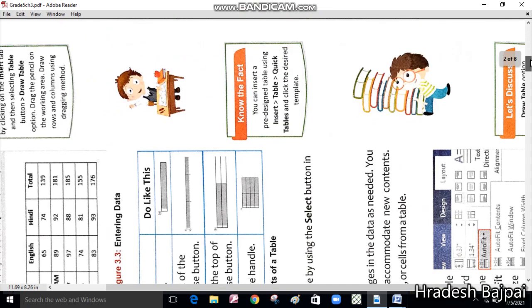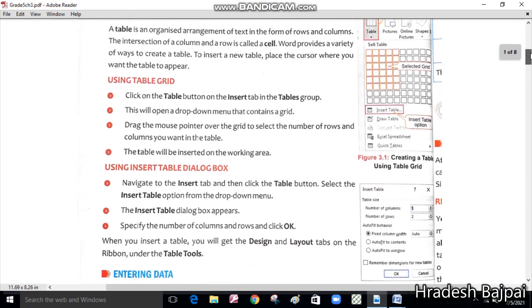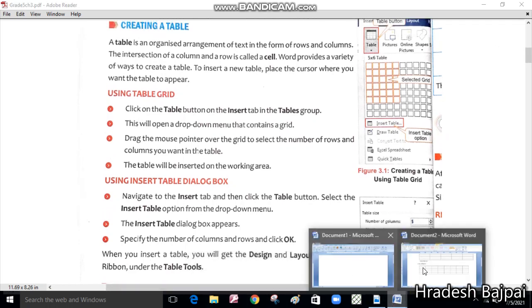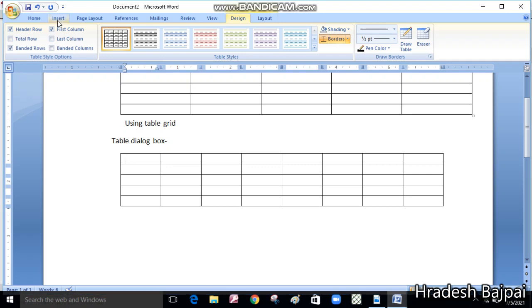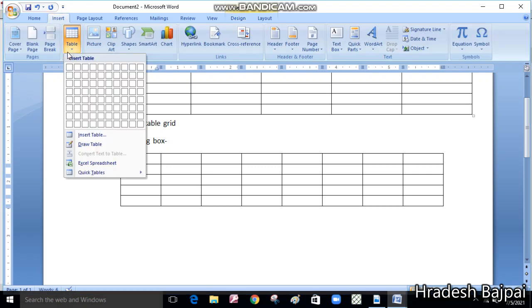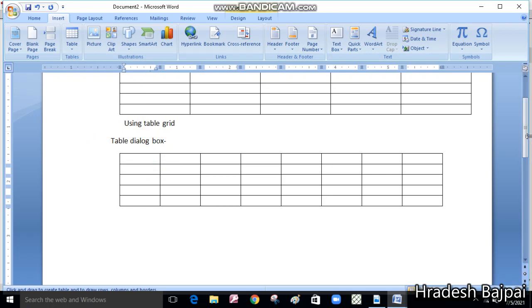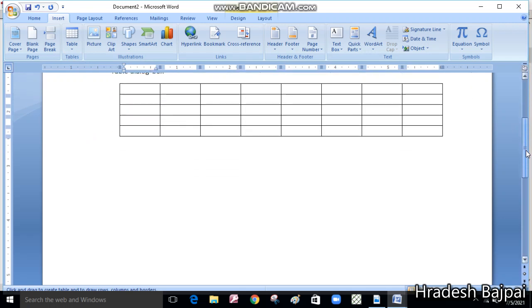One more option is also given here, which is the Draw Table option. If you have observed, as you click on this Table option, it's not given in your book, but as the option is here, I'm telling you. Here you can draw a table. Actually it's a little tough and time-taking activity.